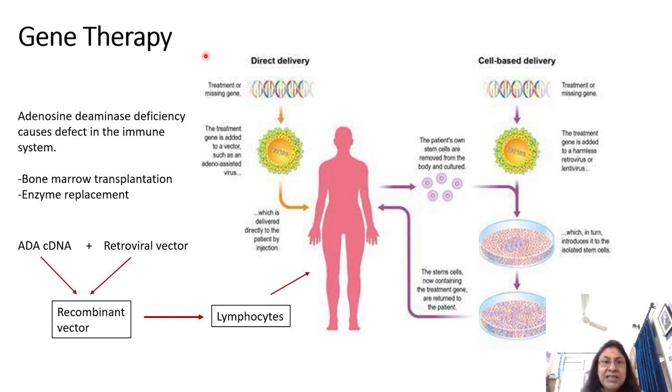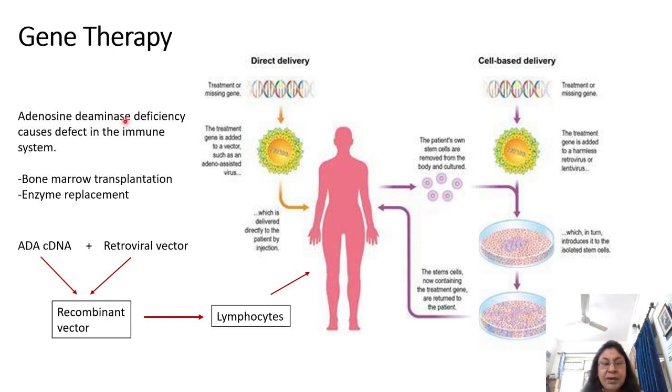All right, so by gene therapy, what we mean is that today recombinant DNA technology has also been applied in the case of gene therapy. So what do we mean by gene therapy? Supposing a person is born with a certain defect, there is a defective gene, as a result of which the protein, which should be a normal protein coming out of that gene, doesn't really come out because the gene itself is defective. So the person doesn't make the correct kind of protein, which could have a very important role to play in a human system. Now, to give you an example, this is also given in your textbooks, adenosine deaminase,